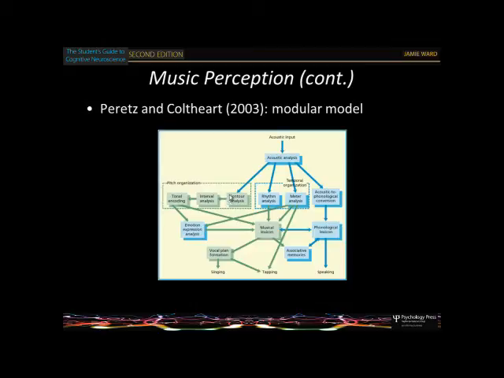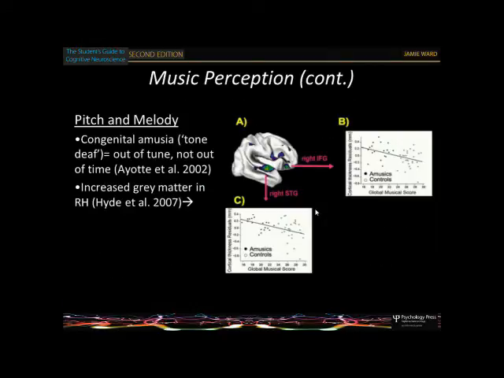So again, this is suggesting that rhythm and pitch are separate, but it doesn't necessarily suggest that there is a rhythm module in the brain. It might mean that you're actually using your motor system to process rhythm, or other aspects of general cognition outside of the auditory system. But it does support a general distinction between pitch versus rhythm. What about pitch and melody?